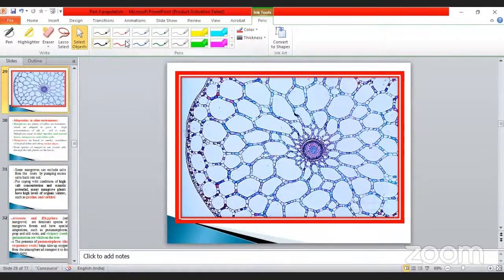Imagine this is the outermost layer, the epidermis. This is considered the cortex. Just imagine up to this level, up to this portion, that is considered the cortex, and it also has the intercellular space. They are all filled with air. Already we discussed that part, isn't it, my dear? So this part is called the endodermis. These are the important points, mostly present in the aquatic habitat.